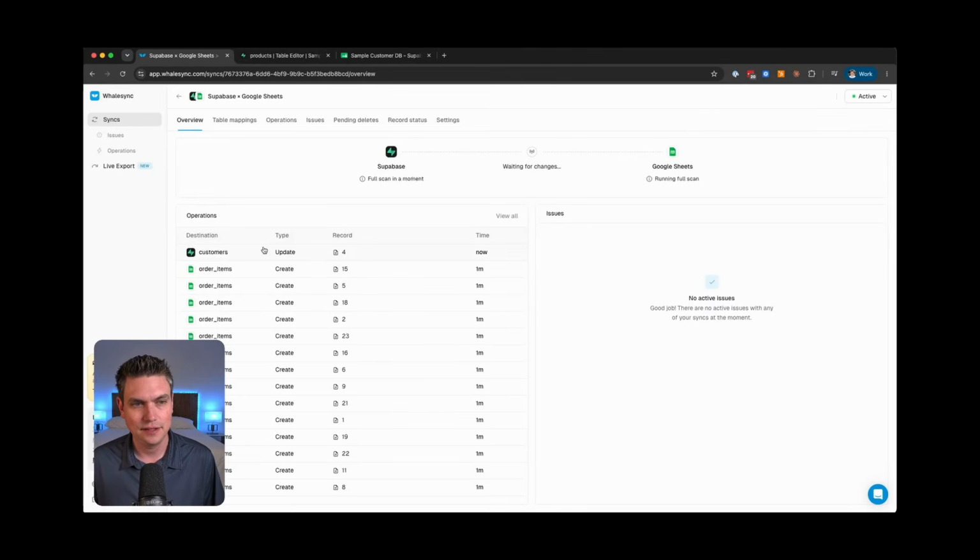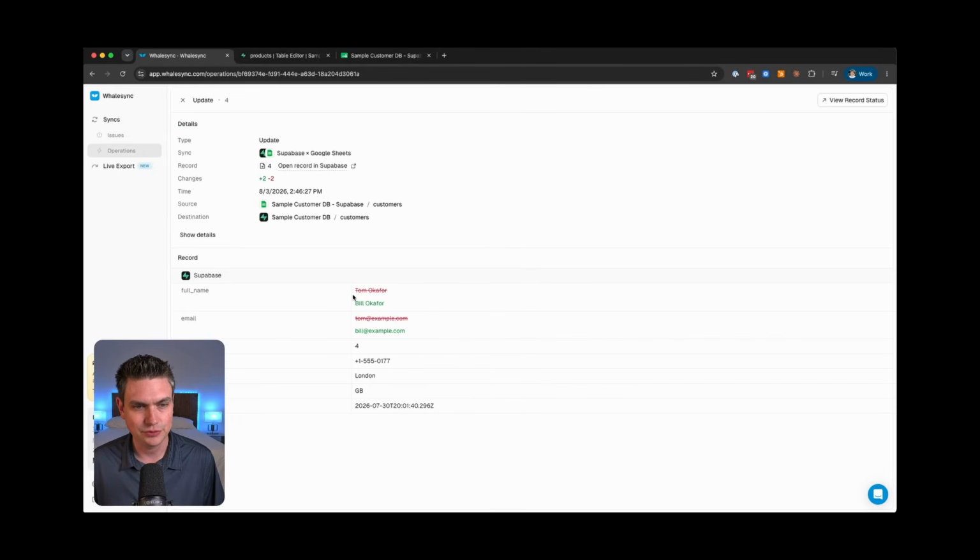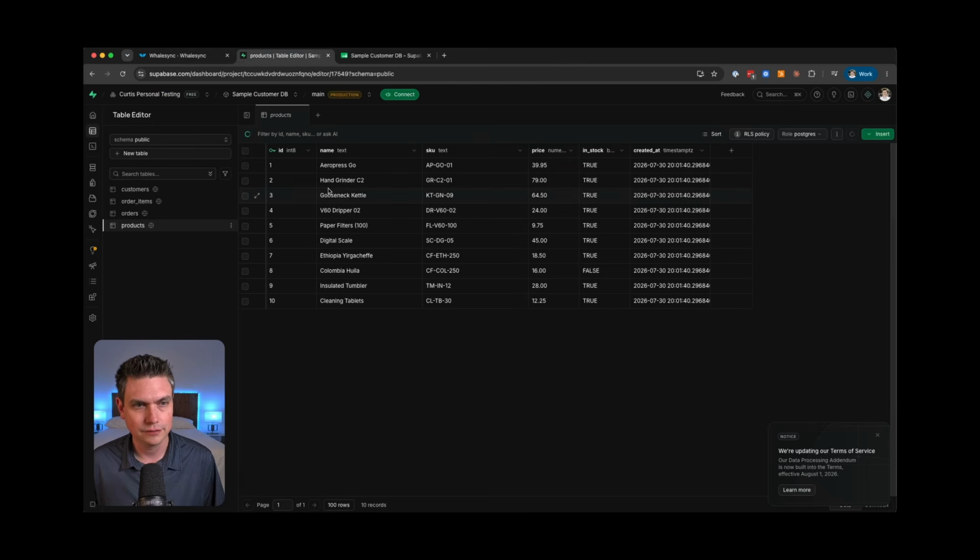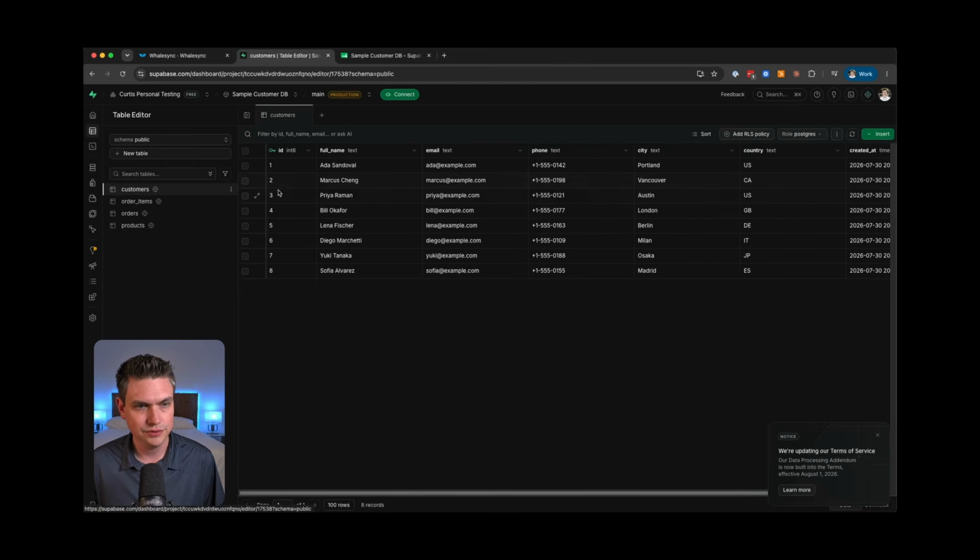It just updated that record in Supabase. We can see what it did. It updated Tom to Bill. And then if I go back over here, look at customers, we see that it's now Bill. So this is super handy if you have anyone on your team who's non-technical and doesn't feel comfortable editing a database, either with something like a Postgres admin tool or in Supabase directly, and you just want to use something